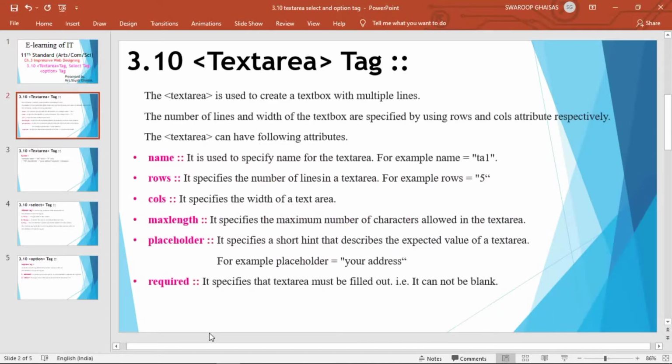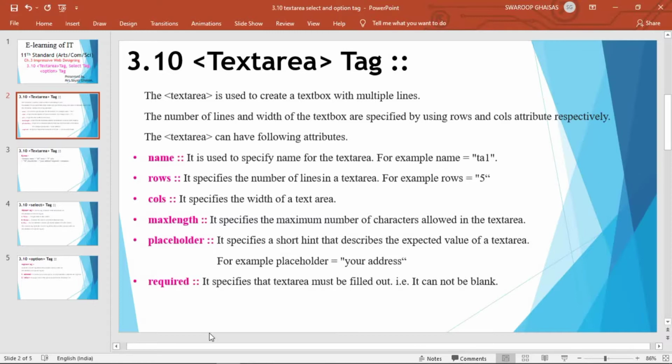First of all, the text area tag is used to create a text box, but with multiple lines. So we can take a multi-line input from the user with this text area control. The number of lines and width of the text box are specified by using the rows and cols attributes respectively. That is, how many lines there will be in the text area is specified with the help of rows.